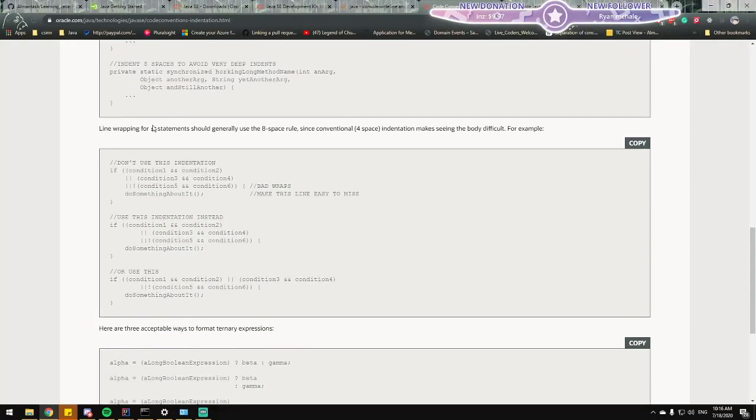Line wrapping for if statements should generally use the 8-space rule, since conventional 4-space indentation makes seeing the body difficult. Yeah. Makes sense.